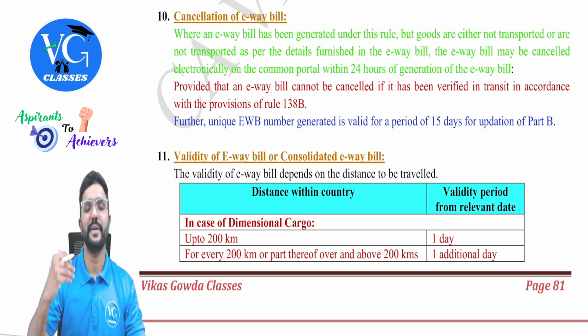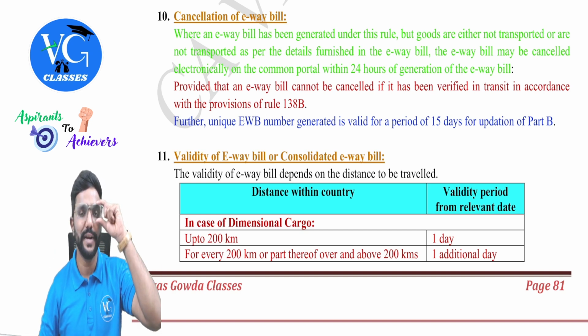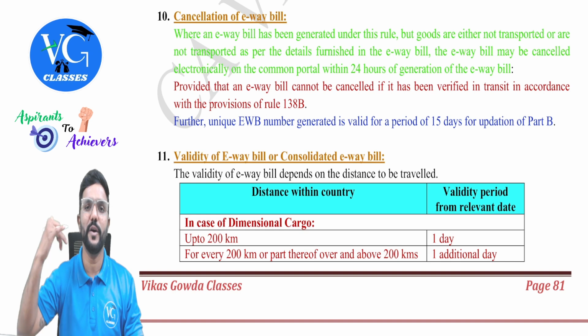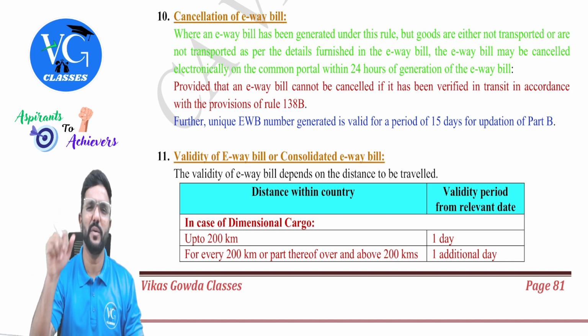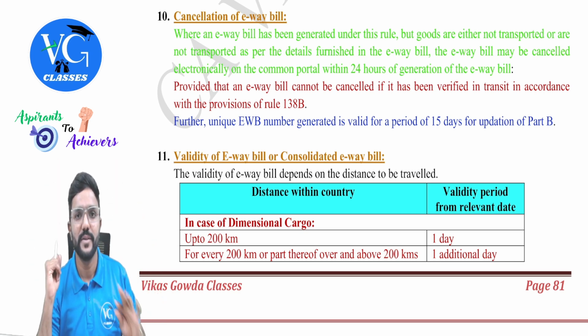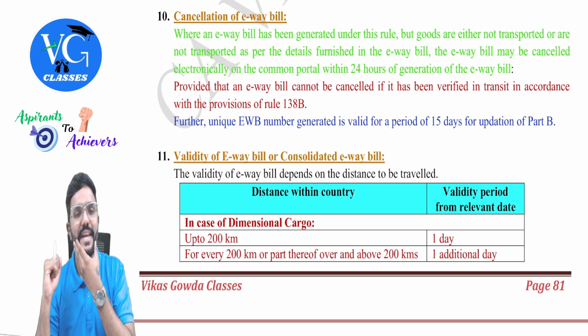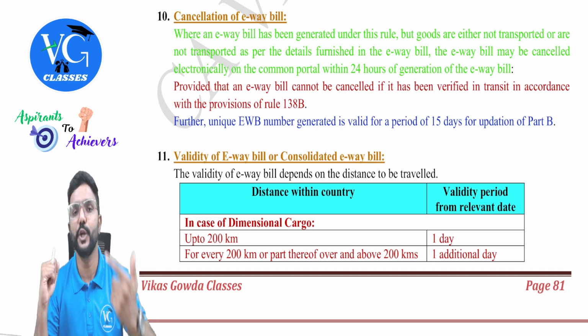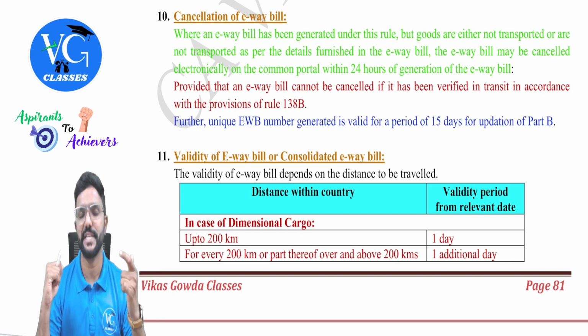Or else it can also happen like this. Assume you ordered 1000 kgs of goods. So I already generated the e-way bill giving the quantity as 1000 kgs. But later, tomorrow you called and told, sir, no, I want only 800. Or else you told, sir, I want 1500. So there is a change in quantity. In that case, I need to cancel the old e-way bill and generate a new e-way bill for a revised quantity, guys. For a revised quantity.